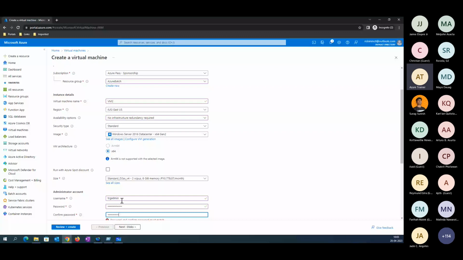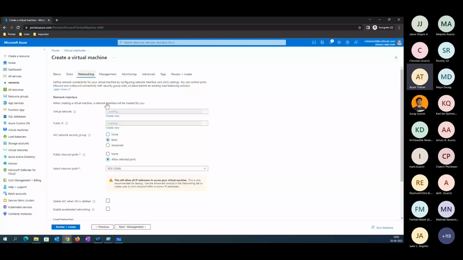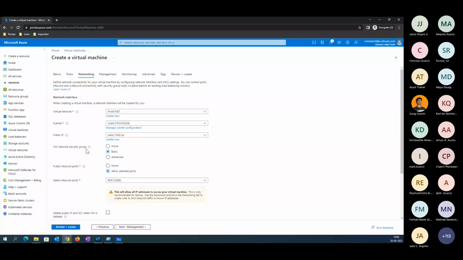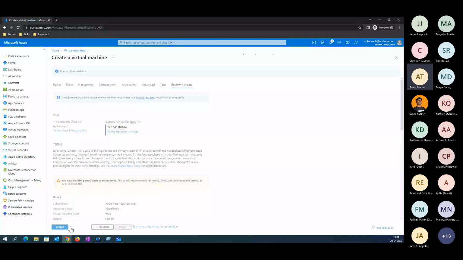Attaching to the same network, subnet A prod, public IP address removed, none. VM2 also got created. Validation is in progress here.